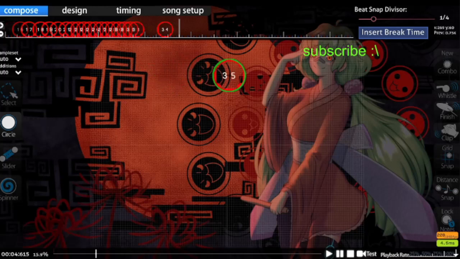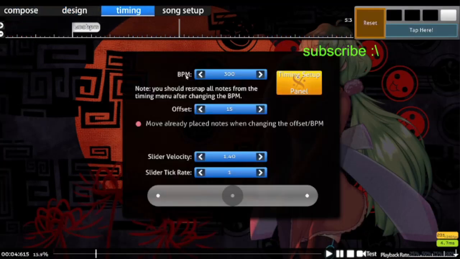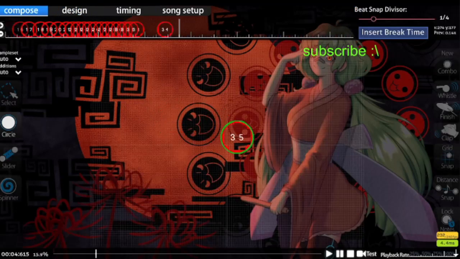That means that 1 millisecond and this entire osu! note is about 300 BPM. BPM is just milliseconds, but different. Beats per minute. 300 beats per minute means that you'd have to have a circle that lasts for,